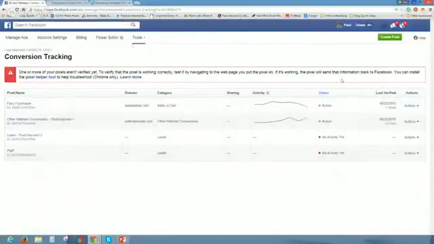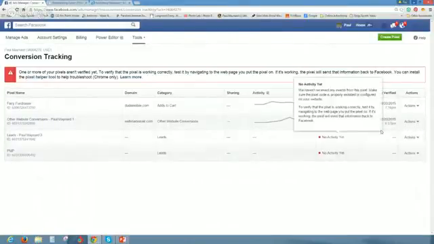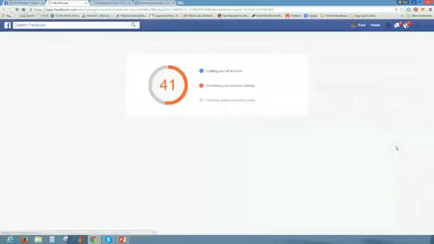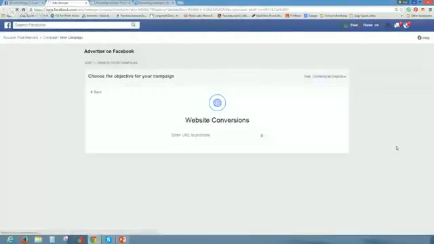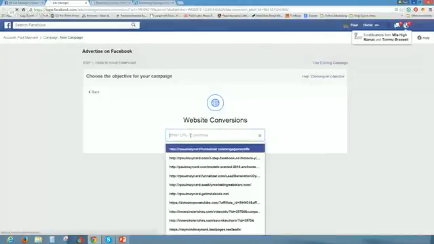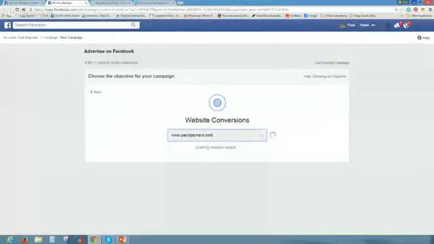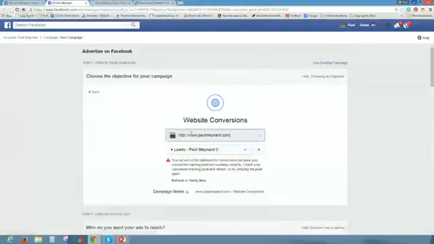All right, so what I would do if I were you, once you have this pixel link, you're not going to have any activity, okay? So I'm going to create an ad. It's loading my account. All right, I'm going to put in my particular website right now. This part, you guys, is the targeting part, okay? So I put my website in, and it's going to ask me,